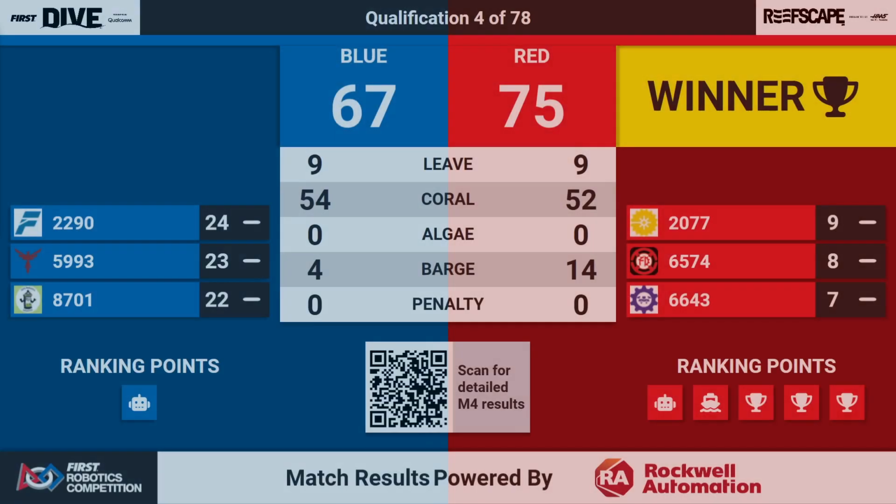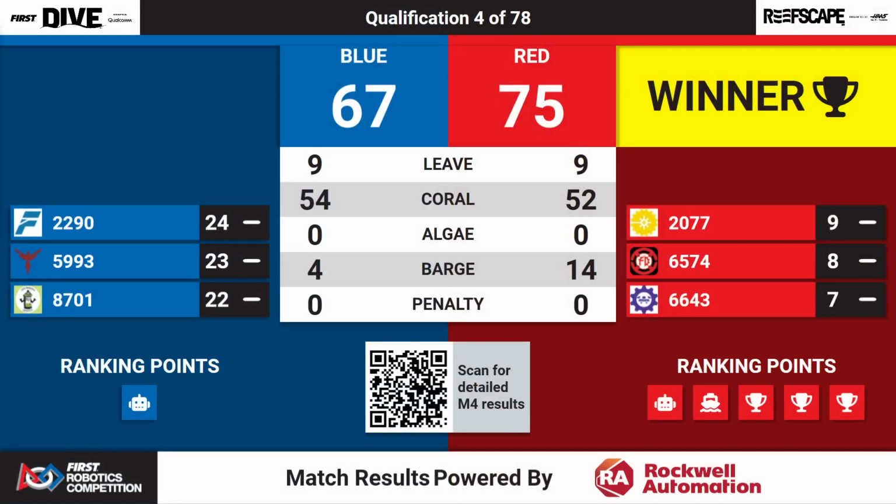75-67. Red Alliance walks away with 5 ranking points, 3 from the win, 1 from the barge, and 1 from autonomous. Blue Alliance, though, did not walk away empty-handed, walking away with that